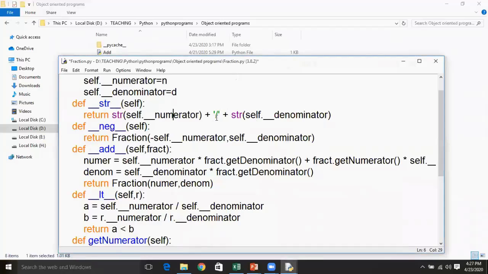In the same way, the divided by symbol is a string, and then self dot underscore underscore denominator is also converted into a string. So this string is concatenated with the divided by symbol by using plus, which we use for concatenating two or more strings, and it will be displayed on the screen in the form of numerator and denominator.